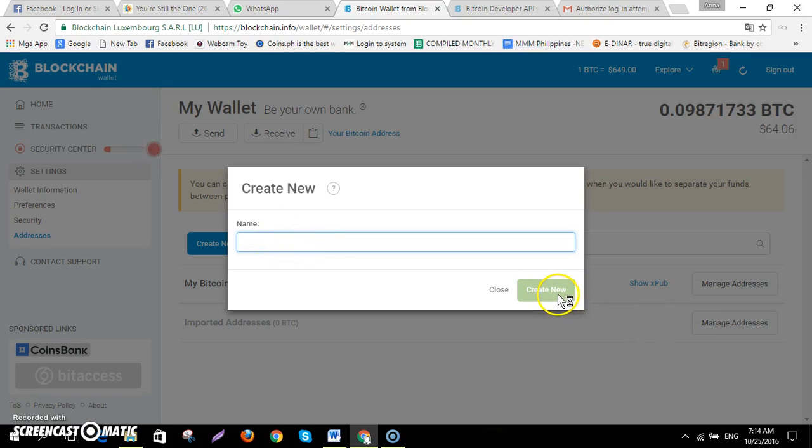The blockchain sub wallet will be created automatically. Just put a name or label for the sub wallet. But always remember, as I said earlier, you have a main wallet in your own blockchain. You can create as many sub wallets as you want.